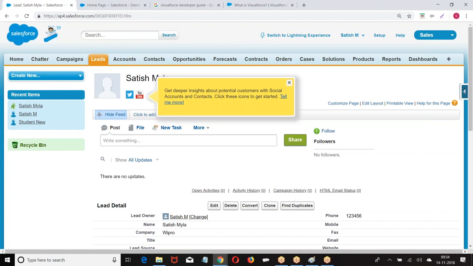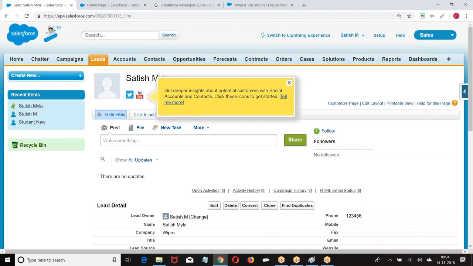What does it have to do? It has to check whether duplicate records are there or not. If there are any duplicate records, only then it has to throw an error message. Otherwise, the record has to be saved. Now, the standard save button is not checking for duplicates. Straight away it is saving it. But my requirement is when I click on save, it has to verify whether there are any duplicate records. If there are none, save the record. Otherwise, throw the error message. I hope you are good with this.